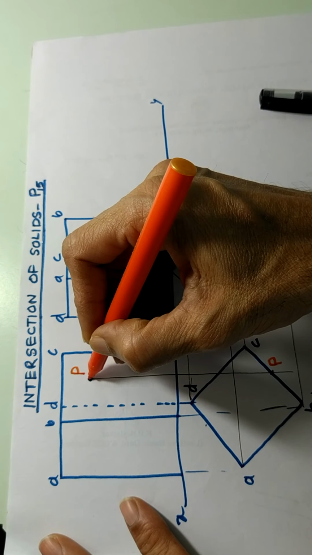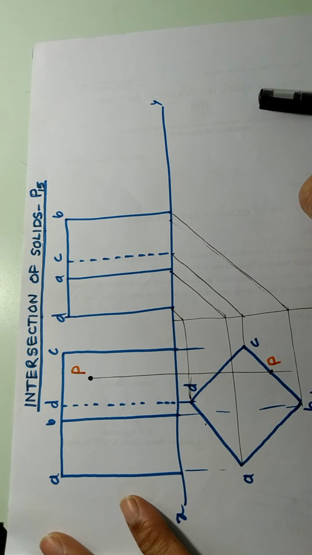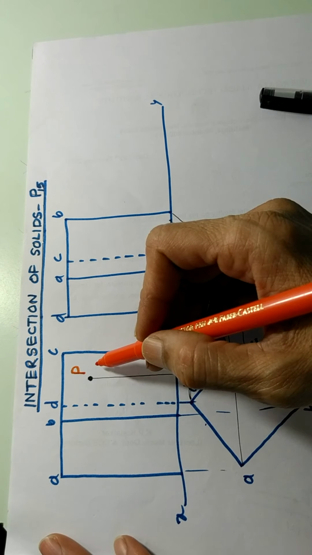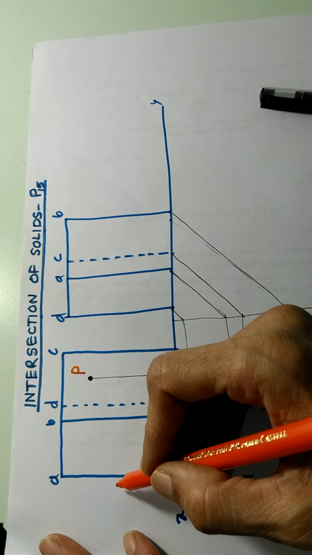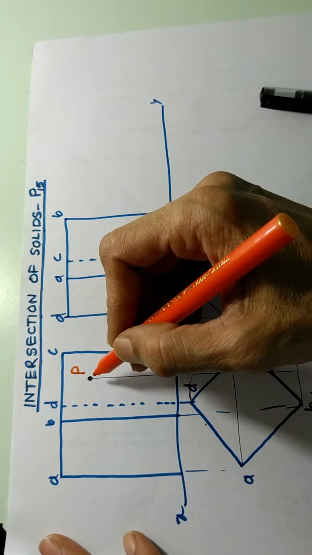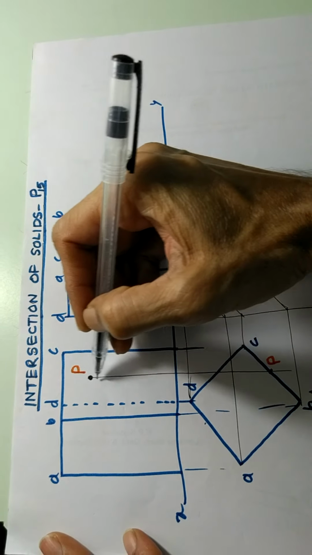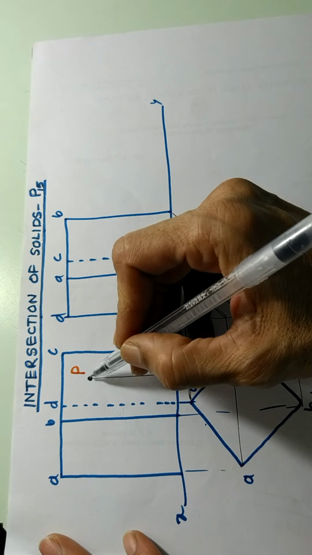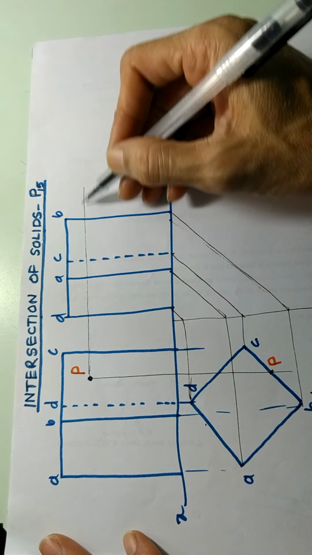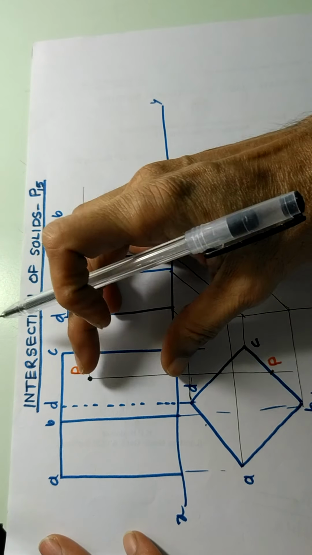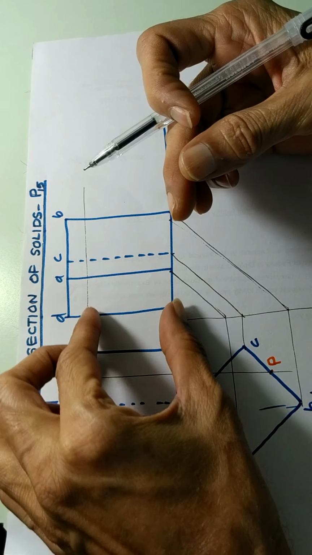The front view of the point P is given to us. The top view of the point P we draw by drawing a projector line like this. Now what will be the side view of point P? That means if you look at this point P from the left side, this is the left hand side view, then where will point P be seen? Since the height of the point above HP is this much, that height will remain the same. It cannot be below this, because its height from the HP is this much.